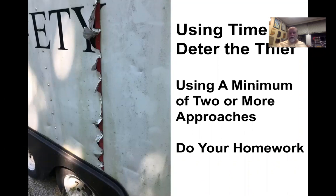And the more time they have to take, the less opportunity they're going to have to take something from you. We're going to try to do a minimum of 2 or more approaches, because if one fails, you've got another backup. And some of this, if you just think of your parking, you think of a good lock, is going to be so easy to do